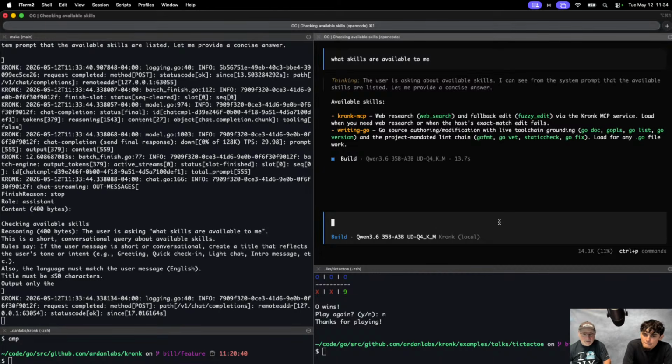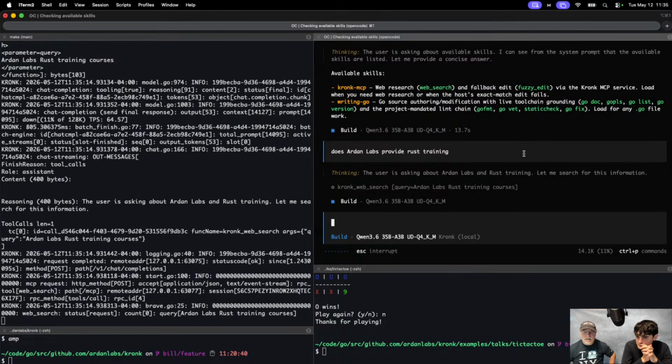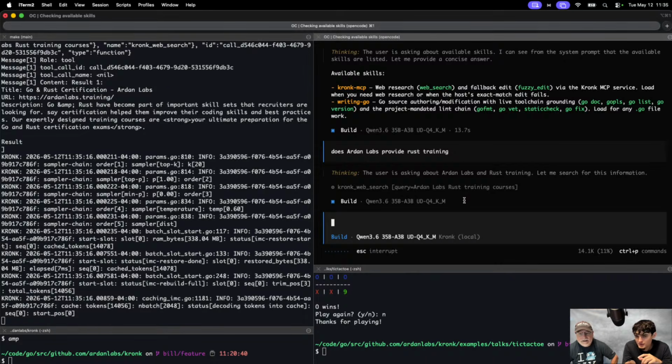But now let me watch this, because OpenCode obviously can do curl calls. From my perspective, they're kind of illegal to do, because the terms of use on all these browsers and sites say you don't do that. That doesn't sit right with me. But let's just see what happens. And me just asking this alone might have been enough for it to go. Okay, so: does Ardan Labs provide Rust training? Let's just say we do that. And let's see if it decides to make an MCP call or not. Now, it did.